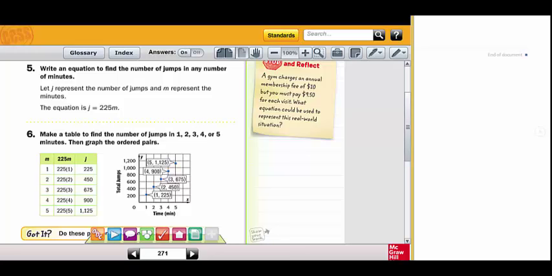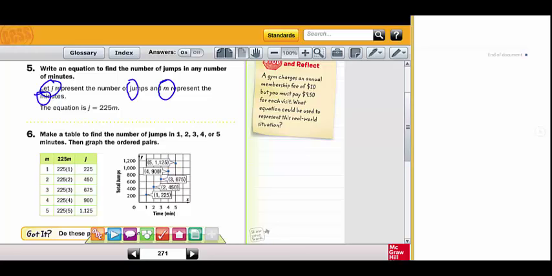Write an equation to find the number of jumps in any number of minutes. Let J represent the number of jumps and M represent the number of minutes. Again, this is one of those cases where I would highly recommend that instead of using X and Y like I oftentimes say, use letters that kind of stand for what you're talking about. J for jumps, M for minutes, so that it makes more sense. So in this equation we would say J, the jumps, is equal to 225 times the minutes that we've been